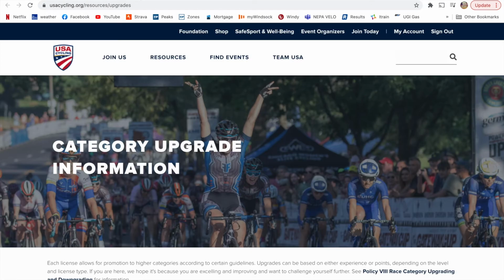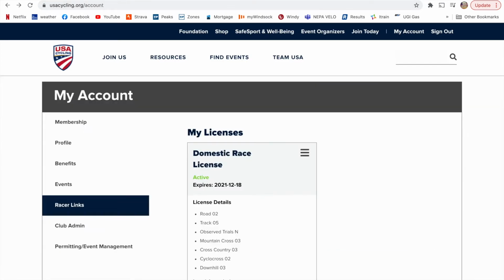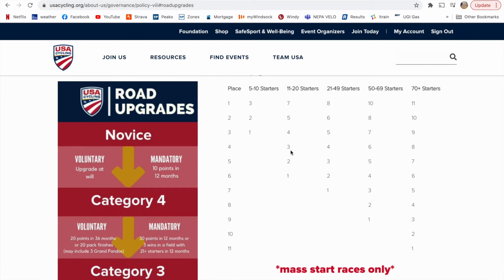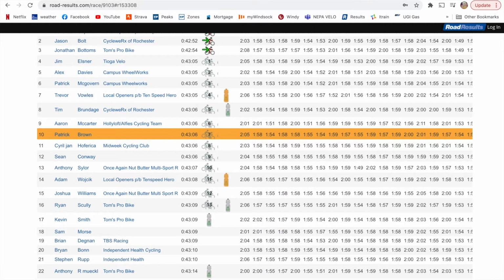And so I go back to my chart, which is over here. The starters are from 11 to 20, so that's where 18 fits in, and I got 10th. So you can see I wouldn't get any points. Now, if I go to